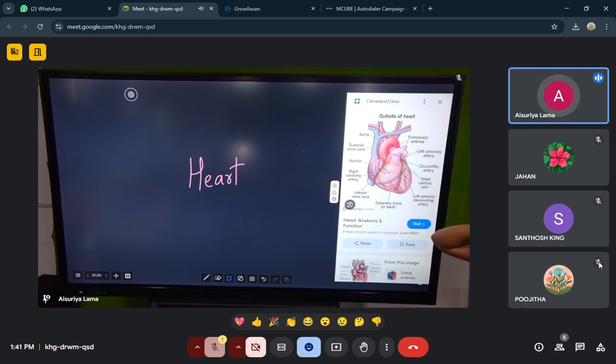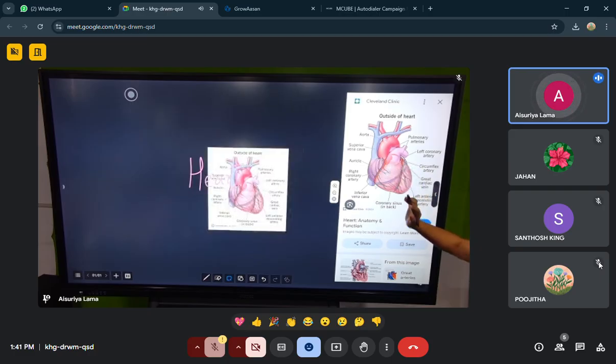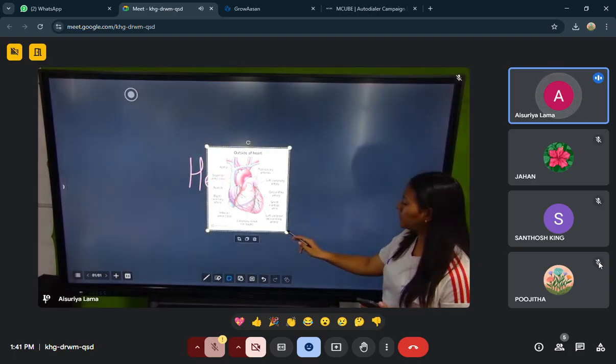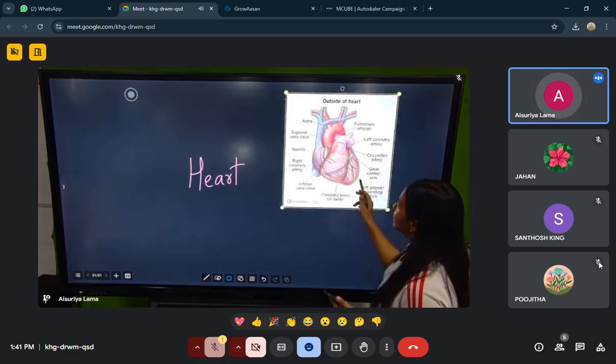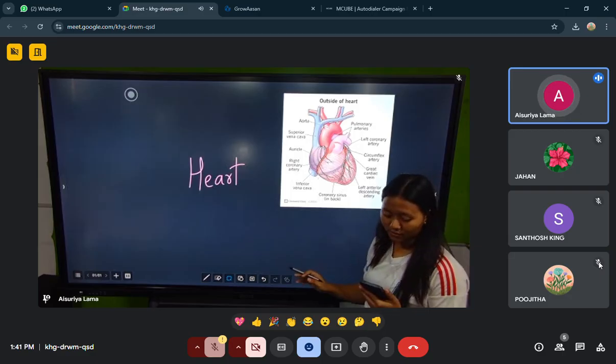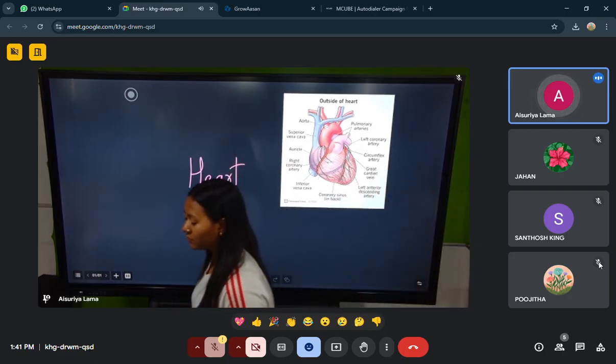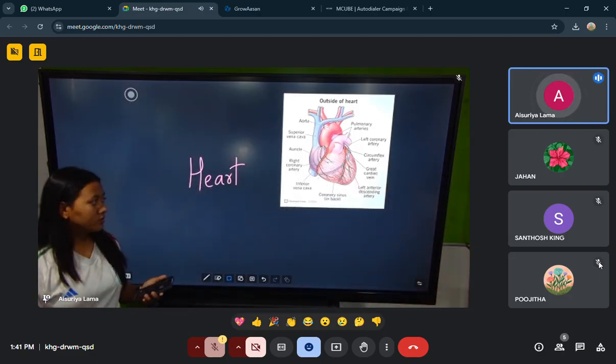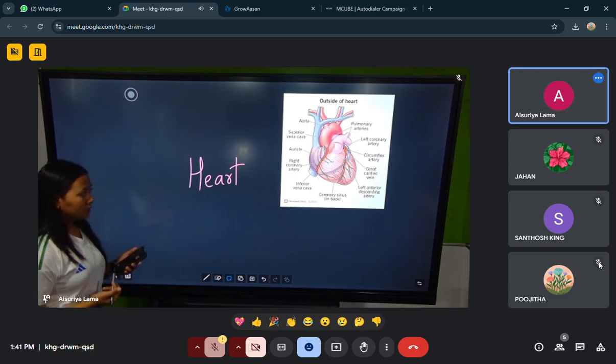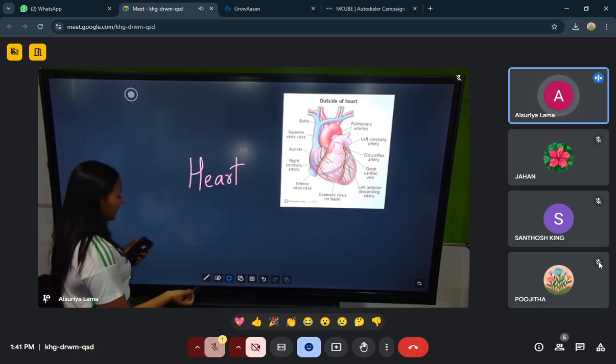So for that, what I can do, I just have to click this photo for 2 to 3 seconds and it will automatically come there. So now you can click this picture, you can zoom in, zoom out, you can change the size and you can adjust it accordingly. And once you do that, you can use it for the explanation purpose. Also, this is just an example. Similarly, you can use any of those words which is required.